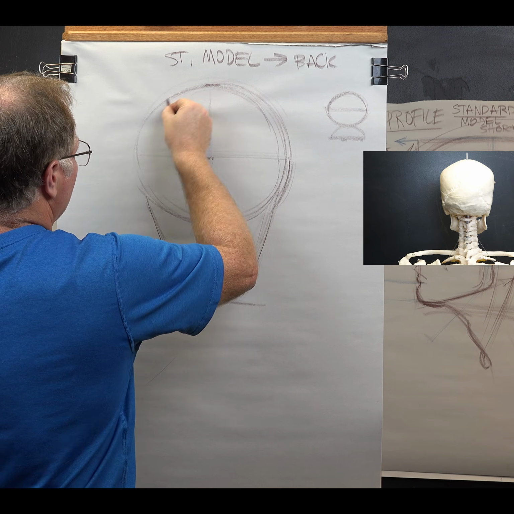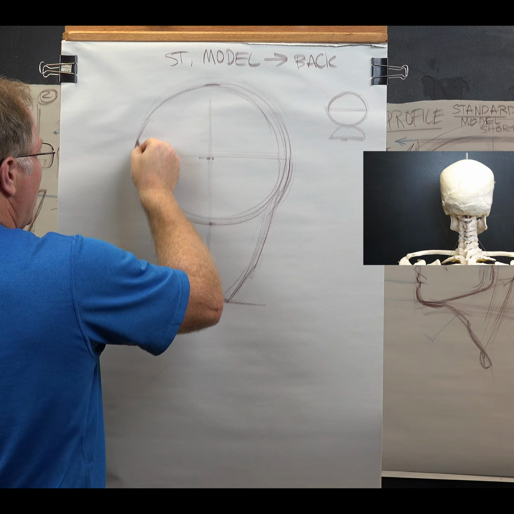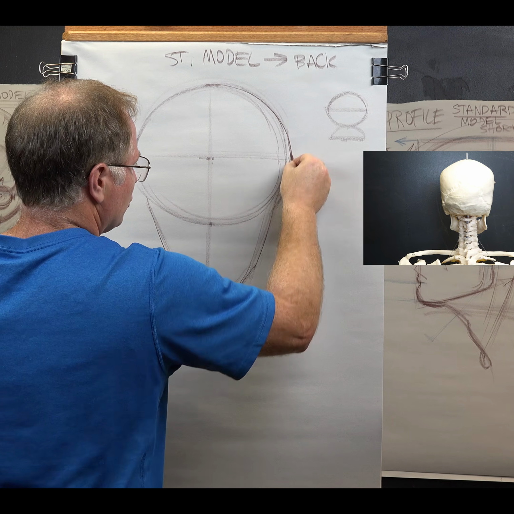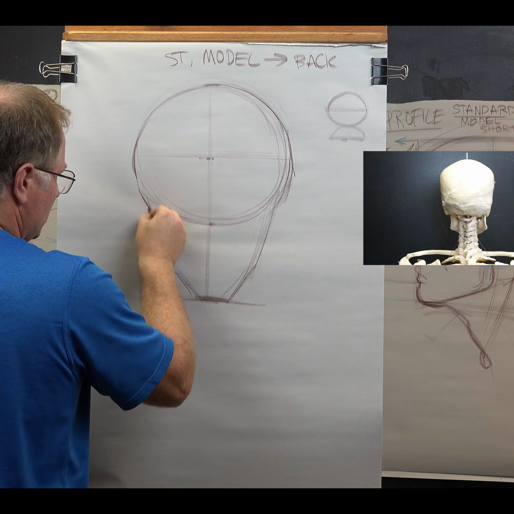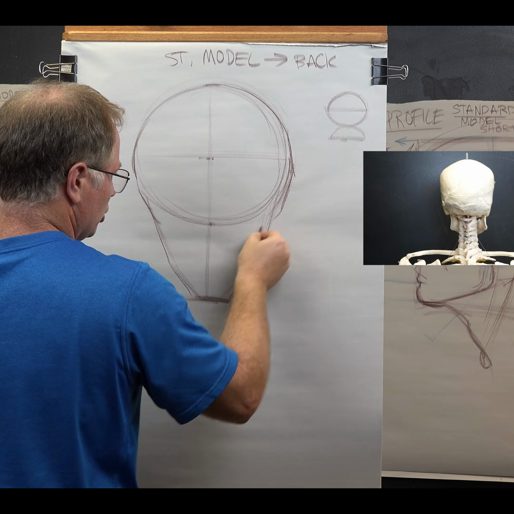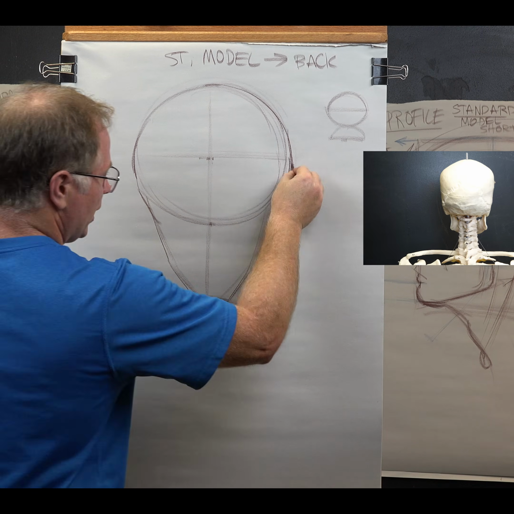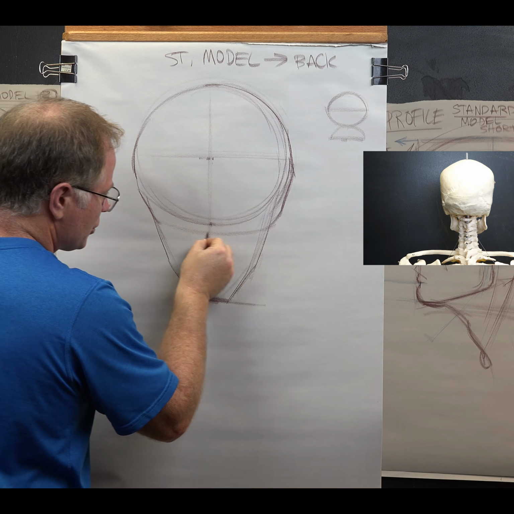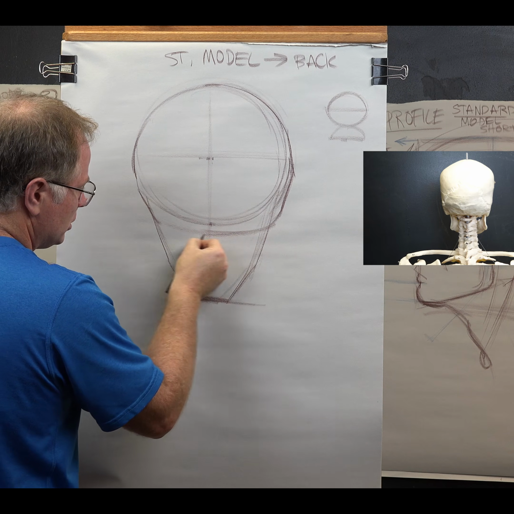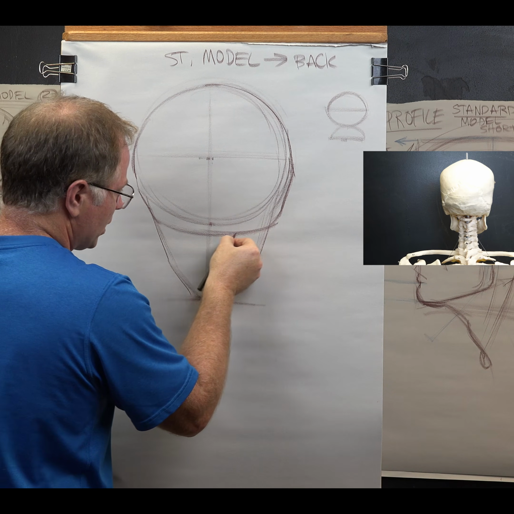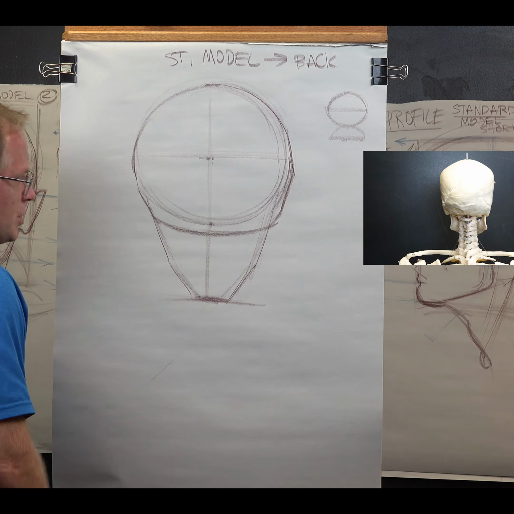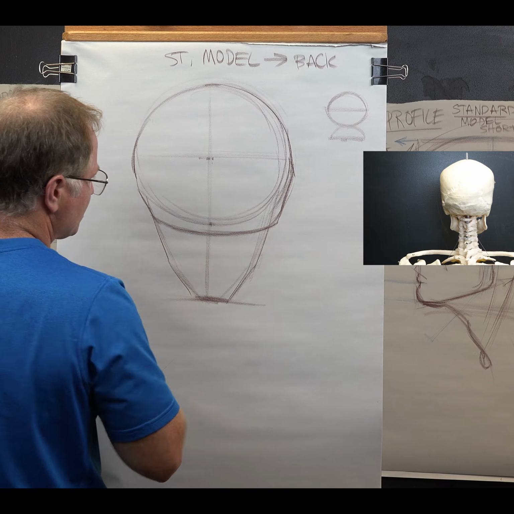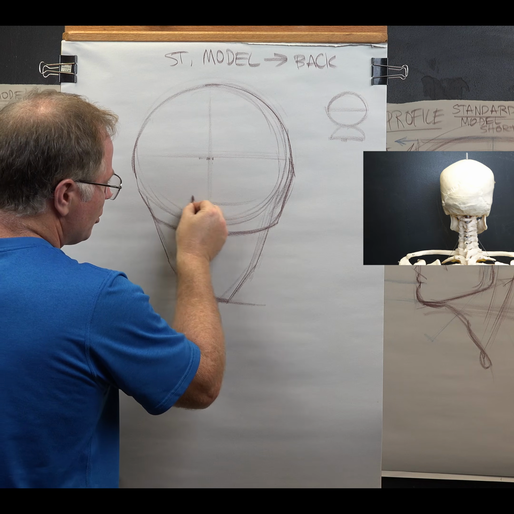Here's the very top. You're going to find that in the back view, because it's wider, this gets a little fatter in through here. We can come down. This comes down a little bit longer now. With the back view, we can start to curve this through here. Okay? And this is where it gets more challenging, I think, more interesting, is that we can start to see now in the skull, about right in through this area,